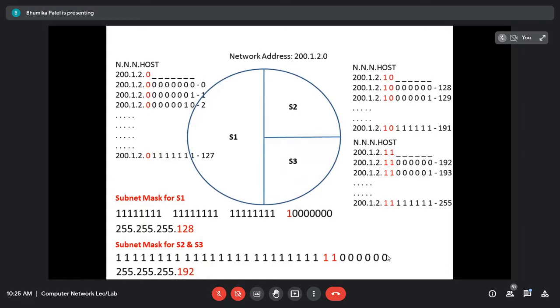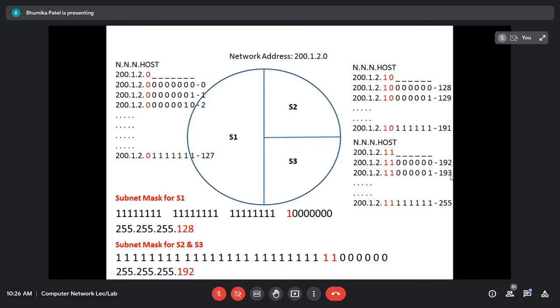Okay, so accordingly, the router is going to use this subnet mask. If any packet is coming with a destination IP address within the range 0 to 127, it is going to use the first subnet mask. It will perform the logical AND operation and get the first IP address of the subnet. So it will identify the subnet address and then send the packet on that particular interface. Whereas if anyone comes from the range of subnet 2 or subnet 3, it is going to use this subnet mask and perform the logical AND, and it will get the first IP address of the respective subnet.